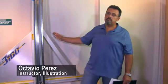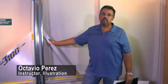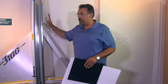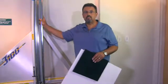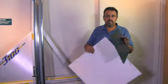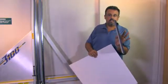Today I'm going to be demoing the proper use of the Fletcher vertical cutter that's in the Digital Checkout Studio. If you need to cut a board down, this is your machine. You don't want to use the horizontal bevel mat cutter. So if you're cutting down gator board or something that's really thick foam core,